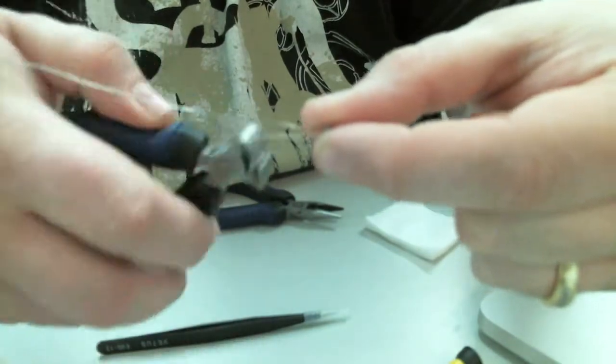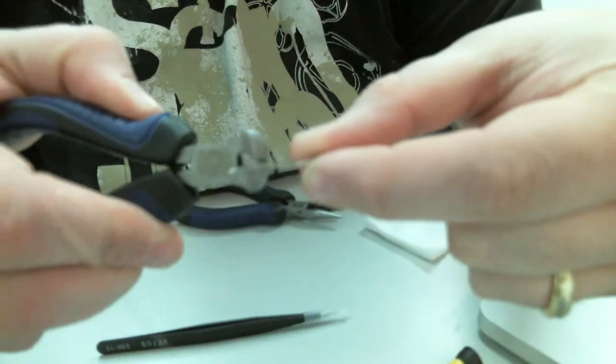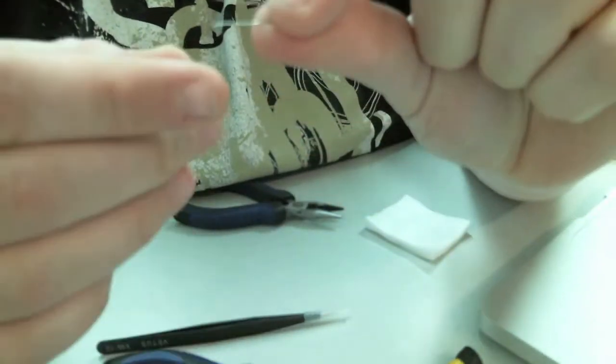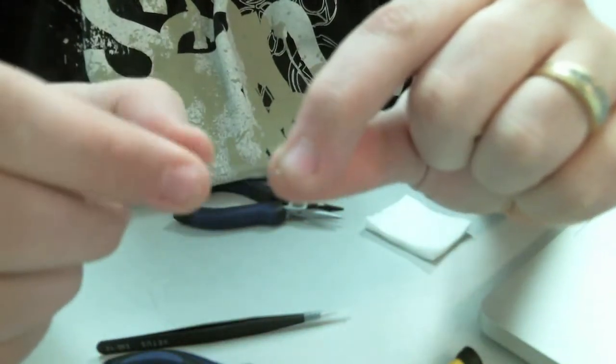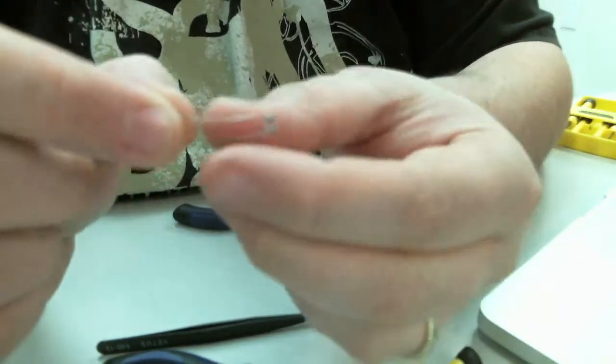You're going to want to cut one of these, probably the really long one, a little bit shorter than the other one. The reason is that when you are installing these, it's going to be much easier to have one shorter than the other, so that when you slide one of them through, the other one's not poking into the other terminal as you're going. And when you're done with your coil, it should look, let's see,